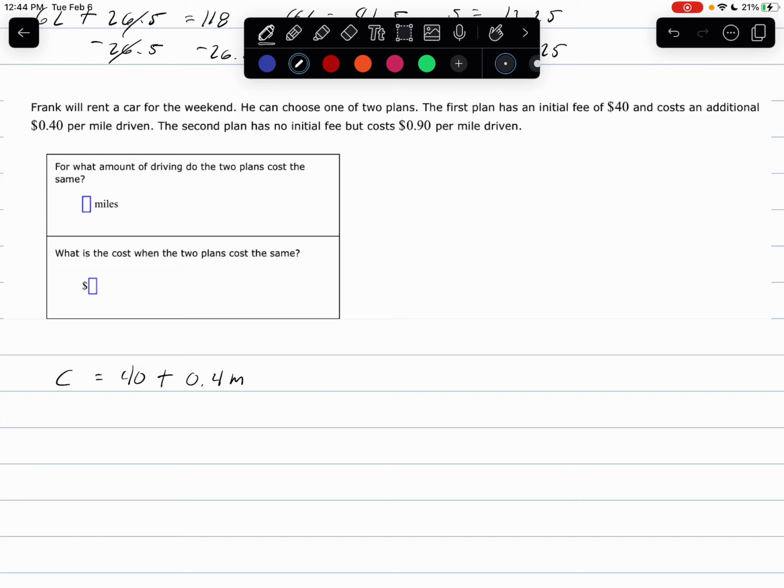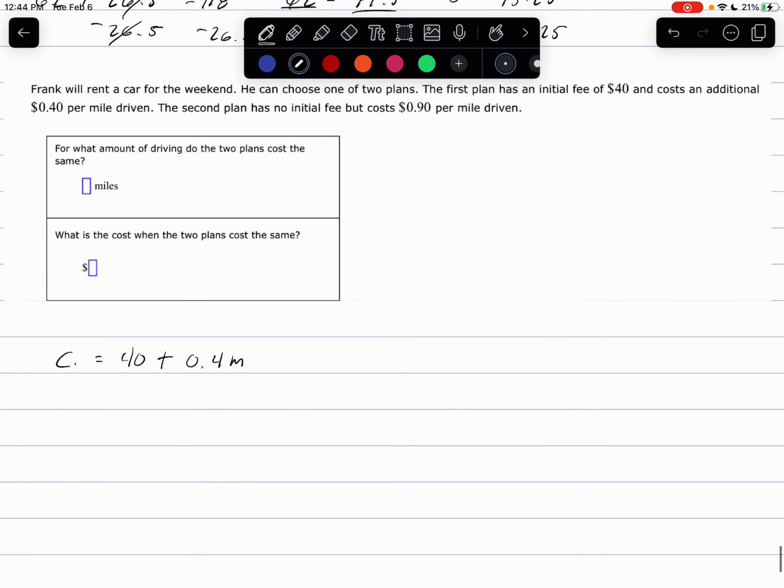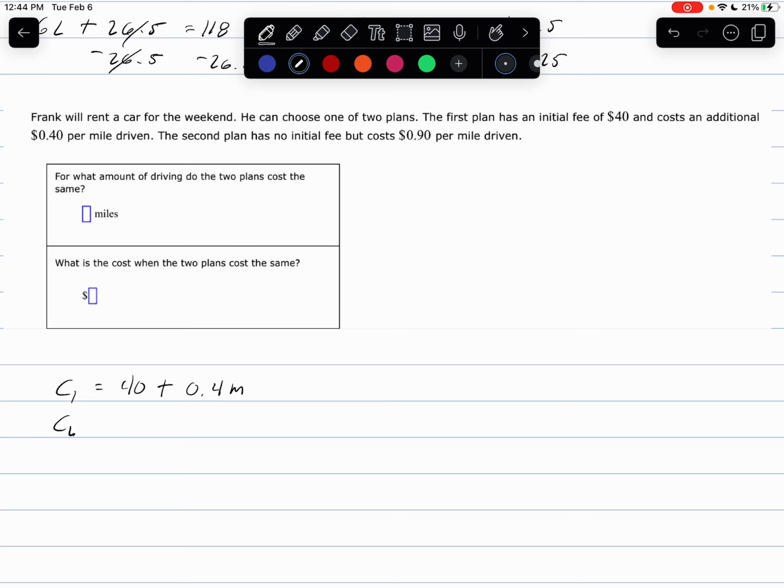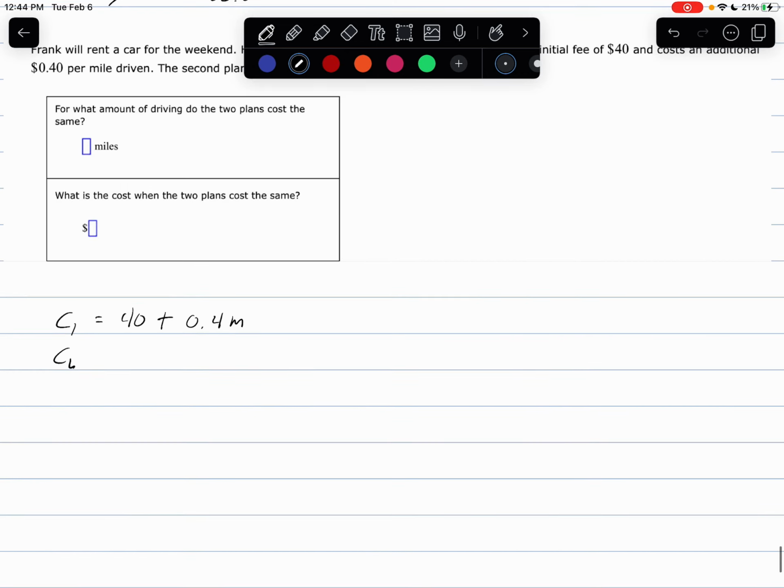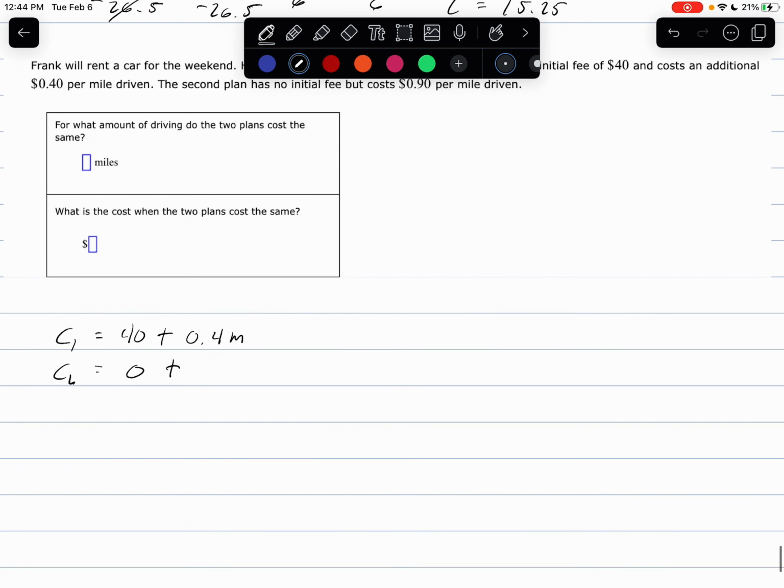Okay? All right, so the cost of the first plan is equal to 40 initial dollars plus 0.4 of a dollar or 40 cents, 0.4 per mile driven, which we'll say is our variable m here, okay? And our second, so this is cost one. Cost two is we have the second plan has no initial fee, so we'll have this is equal to 0 plus 90 cents